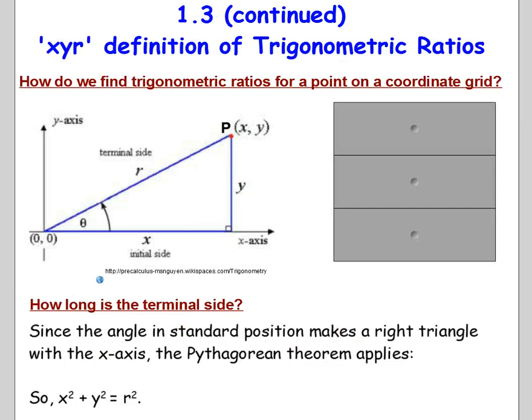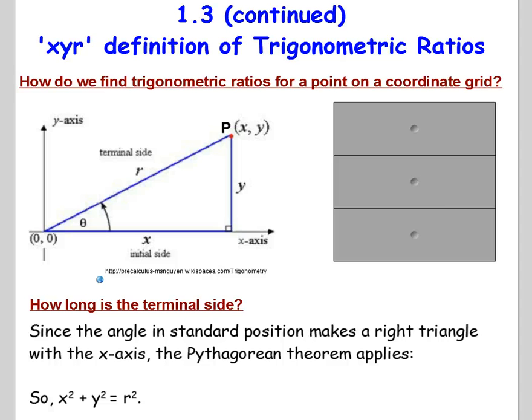Okay, so your next page in your handout package is going to answer that question. How do we find trigonometric ratios for a point on a coordinate grid? Now, this initially, when you look at this diagram, there are some things that are familiar about it. It certainly has the look of a right triangle. We have base, we have height, we have what could be called the hypotenuse, but the labels are a little bit different now. Because we're using a point for